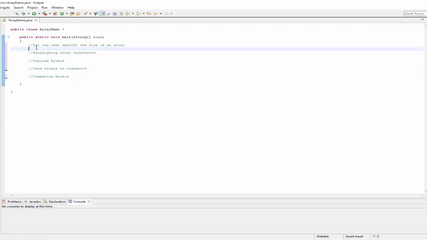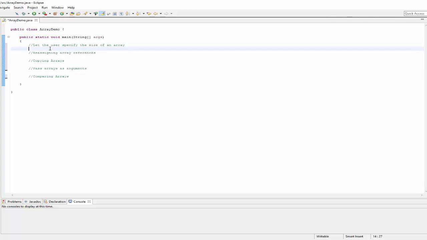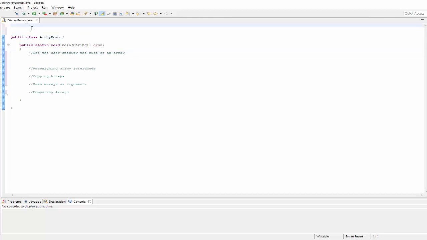Hello everybody, we're going to continue our discussion with arrays, and I thought I would put some of the topics that I'd like to talk about today as much as I can in 15 minutes. So let's just jump right in. The first thing, I want to continue talking about arrays, and this is pretty straightforward, letting the user specify the size of an array. You know, if you've worked with the scanner class,